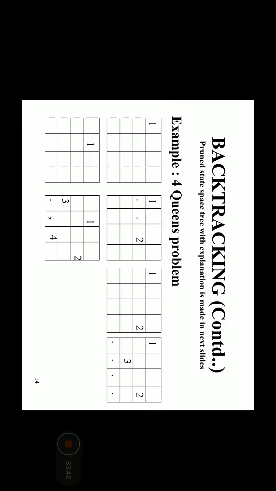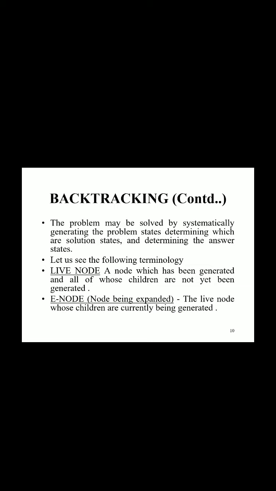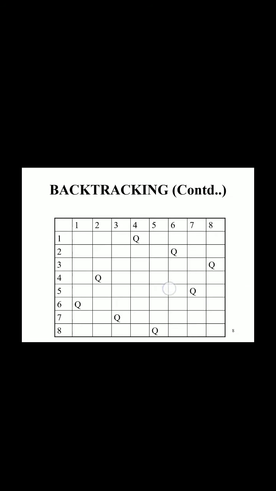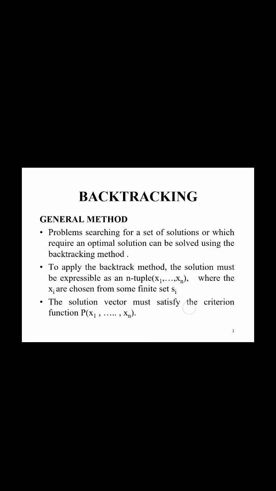So here you can put it into the second column, but for queen k equal to 4, you will not find any row and column which is different from the other queens which are already placed. So this is how the n queen problem works out. And these are the basic definitions related to backtracking. So we will read out these things also here.